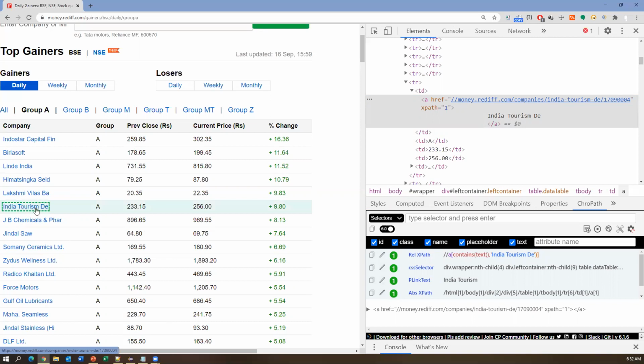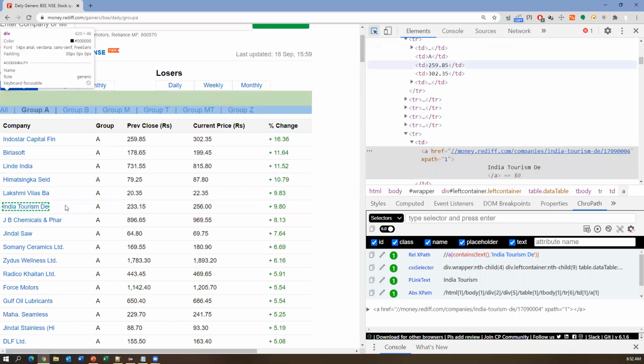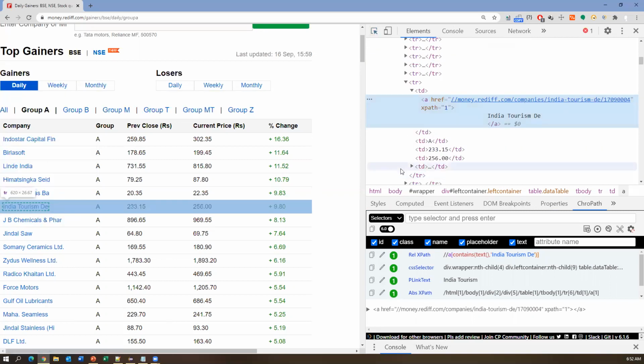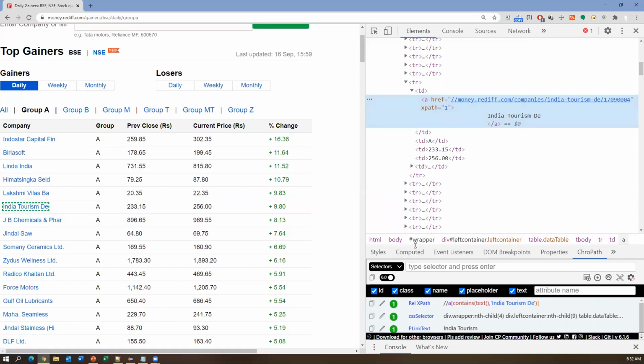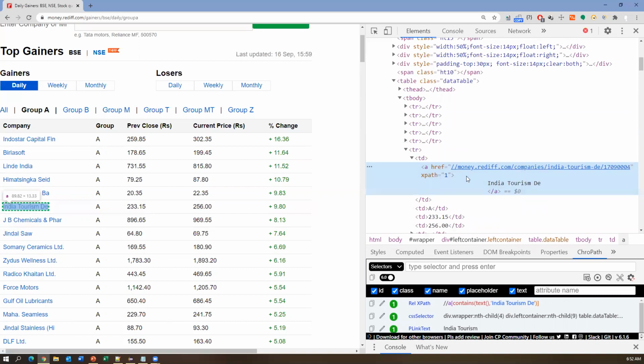This is the element I'm located on. Once you're located here, just notice the HTML tag, that is most important. So this is a self node. What we have here is an anchor tag; we don't have any ID or name, and this is a link text we have. So this is my self node.